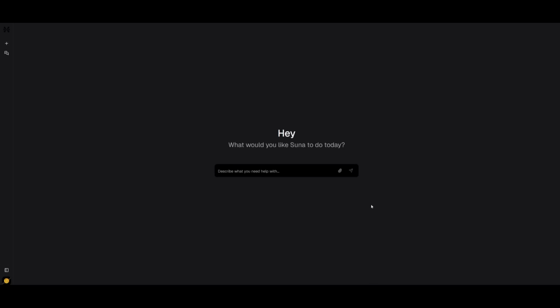Within our localhost, we can now access Suna, and then we can request it to do anything similar to how you would with Manus. So here's a prompt that I'm going to send in. I'm going to ask it to do a market analysis on the Tesla stock and then create a dashboard showcasing the findings. So you can see right away it is going to take on my prompt,